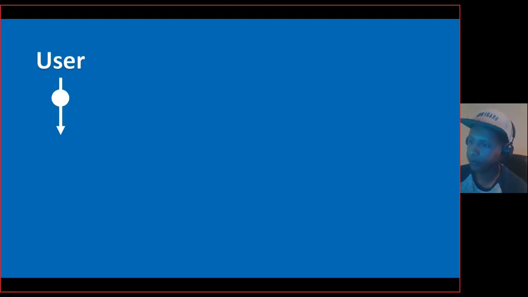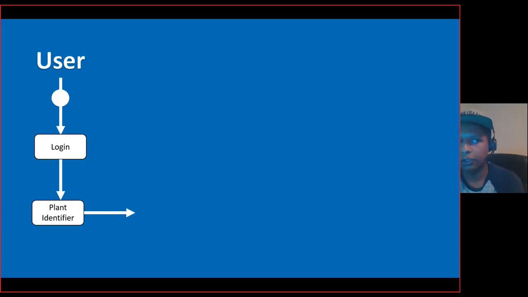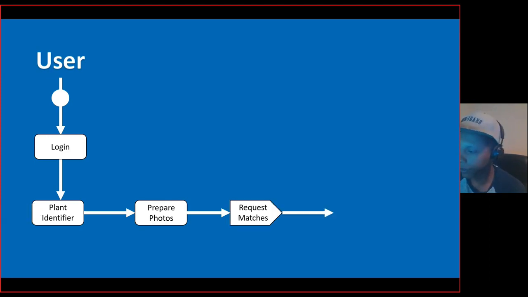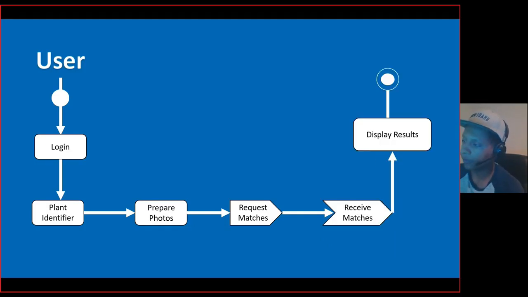Our user begins this activity by logging in into the app, and then in a home page, the user is going to select the option to identify a plant. This user is going to select a photo or take a picture, do whatever function is available to select the image of the plant. Then the app is going to request the matches. So this is an external request. That's why we use this specific shape, and we're going to have a response. So we're going to receive those matches, and then we're going to display the results, and we're going to end